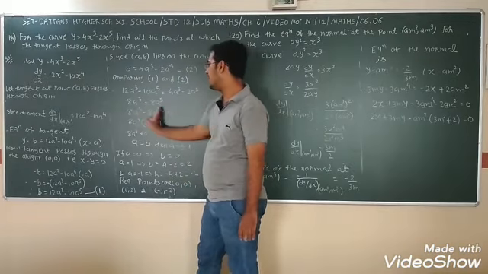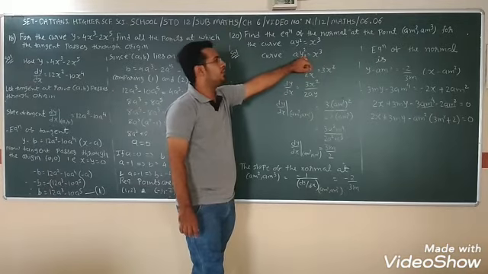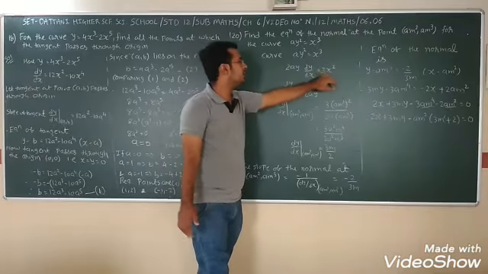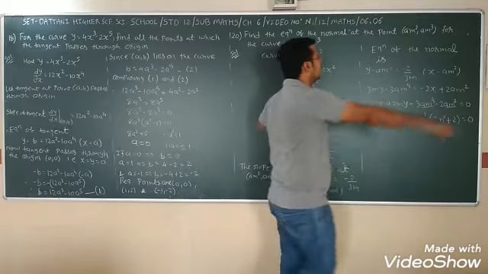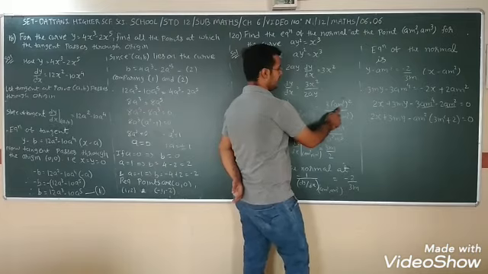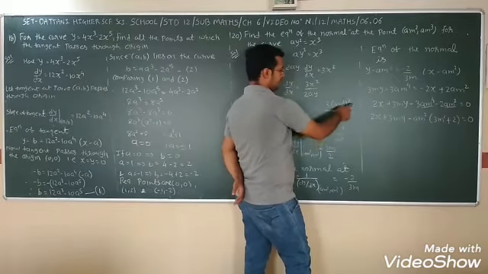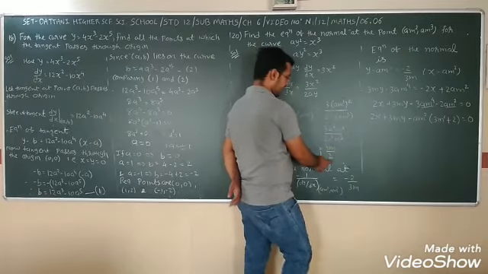Now 20: find the equation of the normal at the point (am square, am cube) for the curve ay square is equal to x cube. Taking the derivative with respect to x, y square becomes 2ay dy by dx, and x cube becomes 3x square. So dy by dx is 3x square upon 2ay. Here the point is given, am square and am cube, so x is equal to am square and y is equal to am cube. Substituting, 3 a square m raised to 4 upon 2a square m cube, which is 3m by 2.